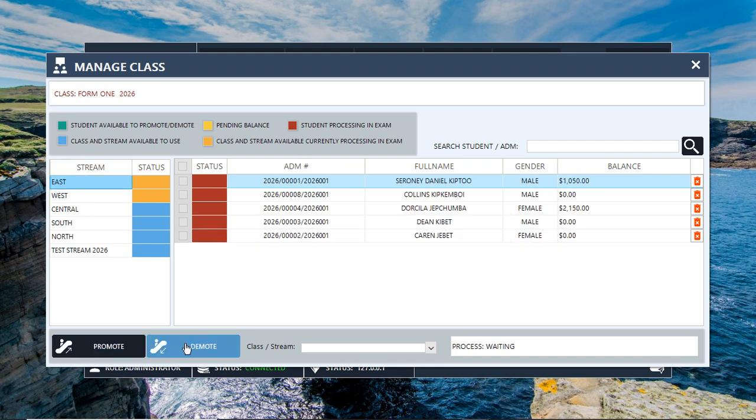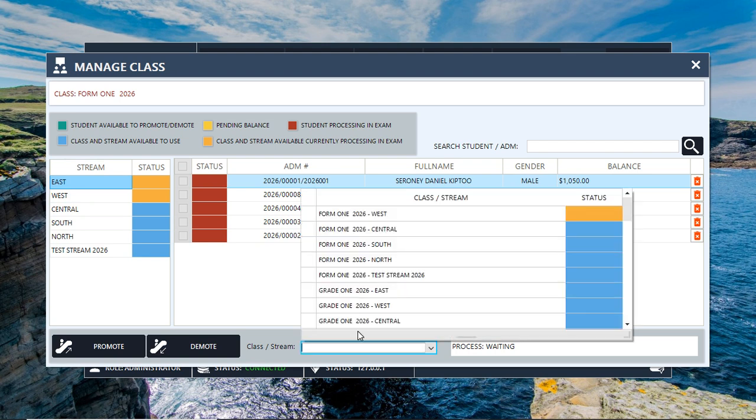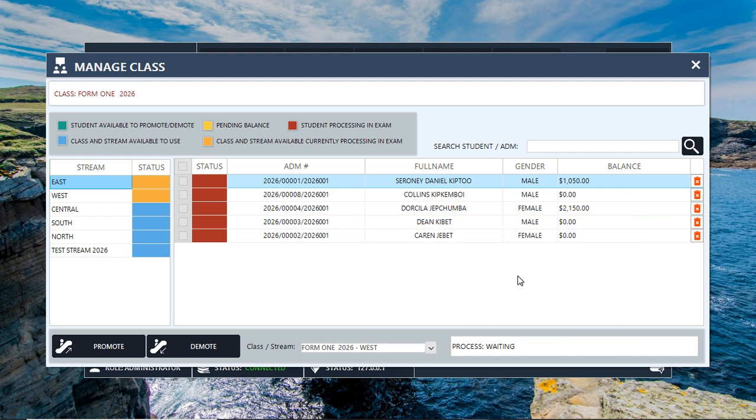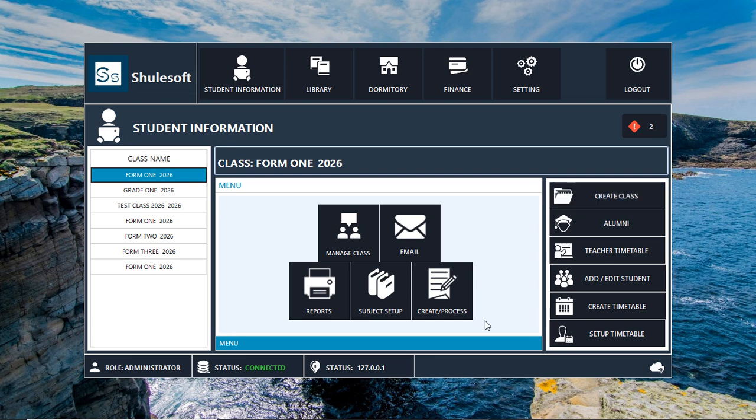Here you can promote or demote a student depending on what the academics want. So now you can select where the student can be demoted or promoted to. So now let's move to here. You can come and search the student by admission number. So let us go to